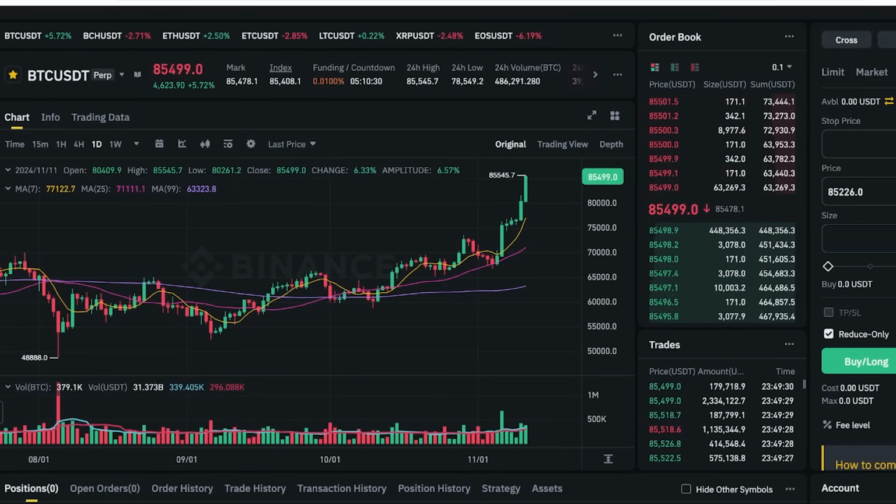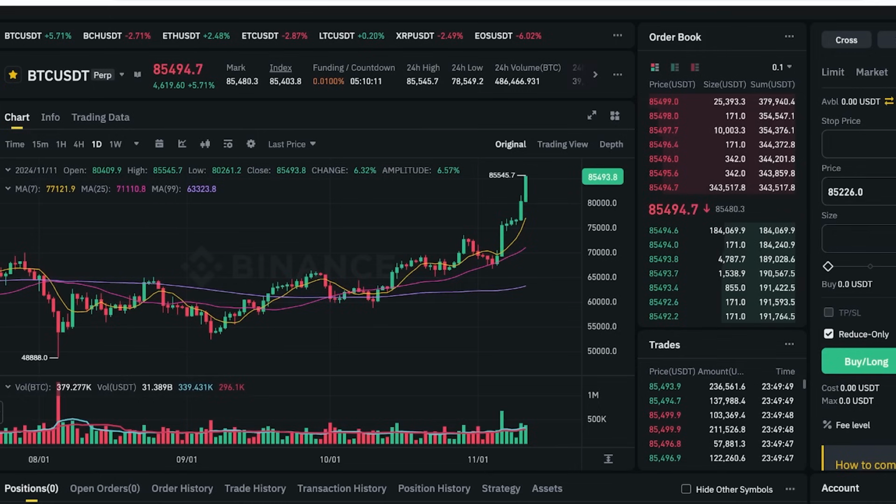Now, if you want to increase your position, let's say we want to double our current long position, then all you have to do is look at the current value of our position, enter that amount for the next order, and then simply click on buy long, and your position will be doubled. You can also open a